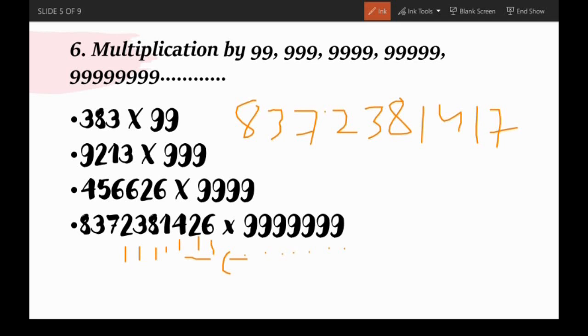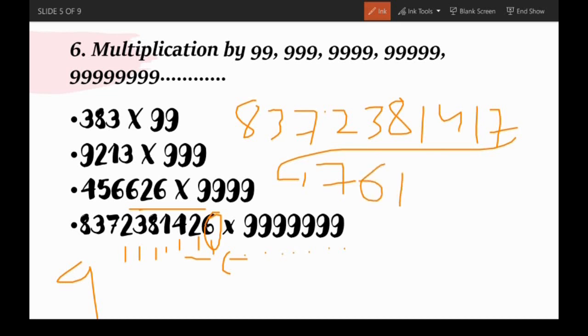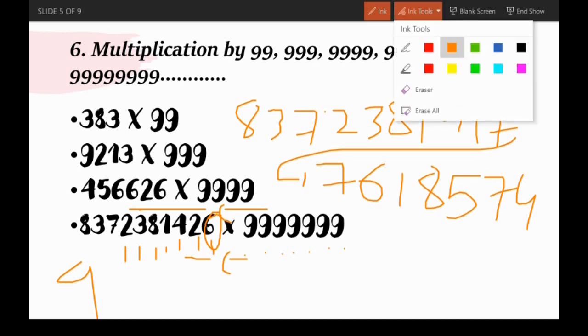What I have said is, the first number should be subtracted by 10 and the remaining numbers should be subtracted by 9. So 9 minus 2 is going to give us 7, 9 minus 3 is 6, 9 minus 8 is 1, 9 minus 1 is 8, 9 minus 4 is 5, 9 minus 2 is 7, and for the last number, the first number from this direction, 10 minus 6 is going to give us 4. I hope you understood this trick, and it's just simple. Practice as many problems as you can so that you won't be confused and you'll have good accuracy.